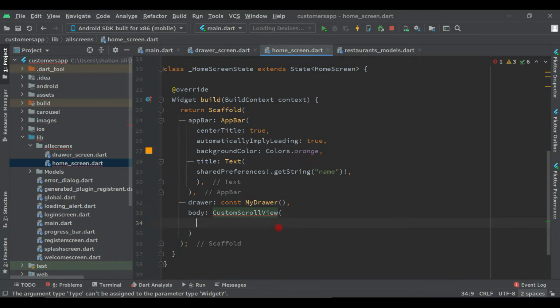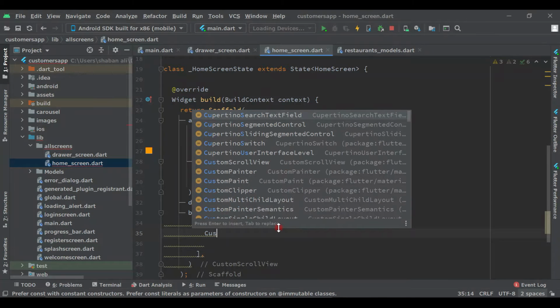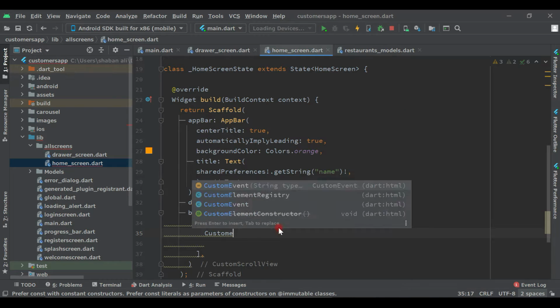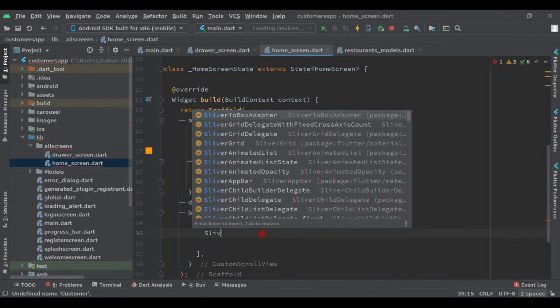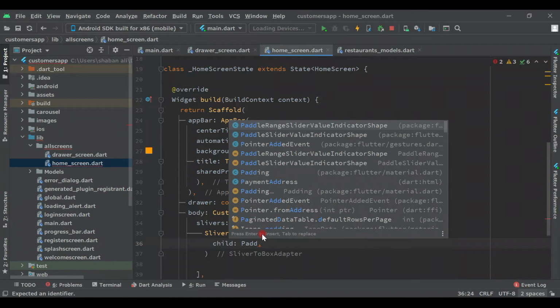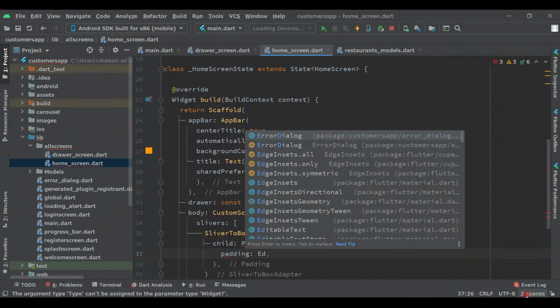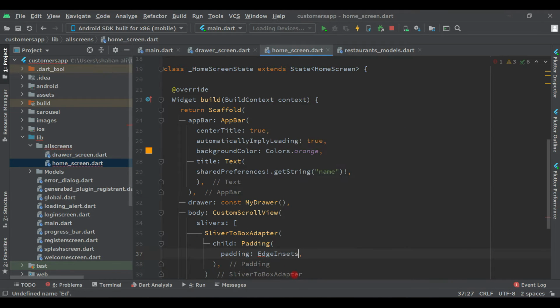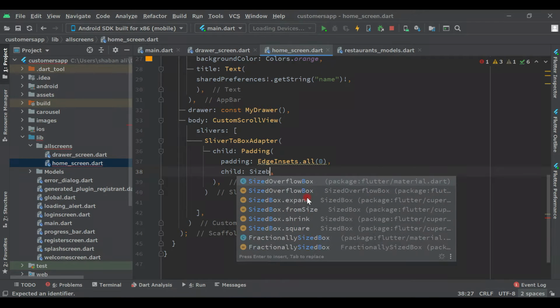This is the widget, and here sliver, and then here we have to pass SliverToBoxAdapter, and here child Padding, and padding EdgeInsets dot all 0. Child will be SizedBox,